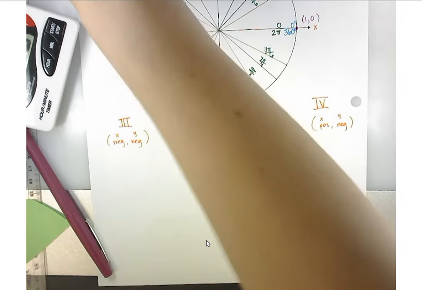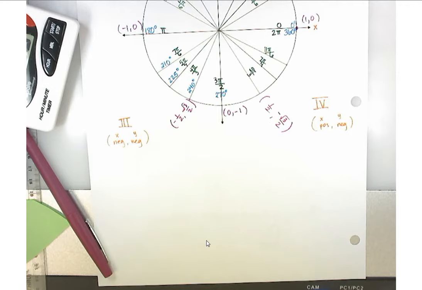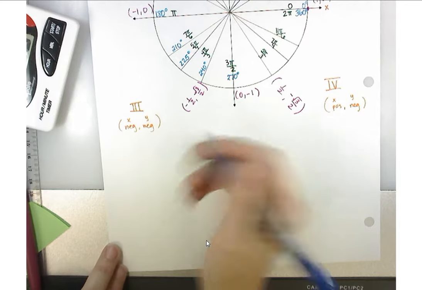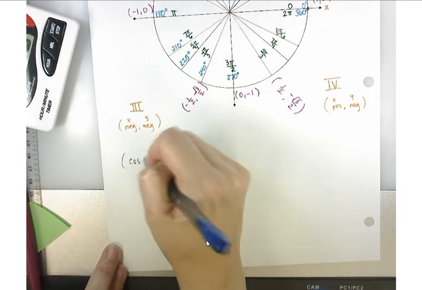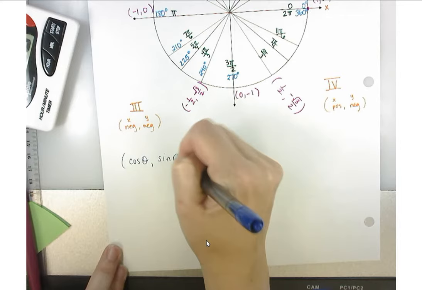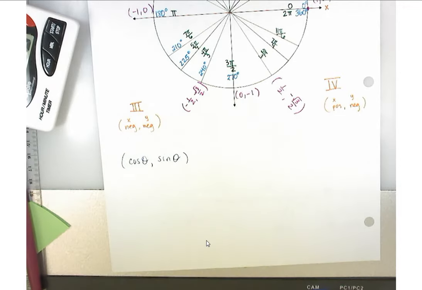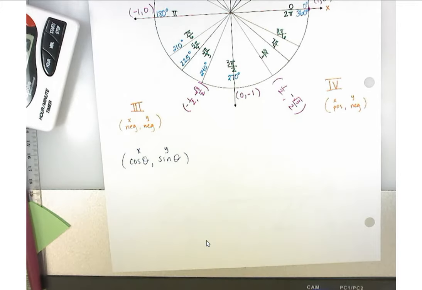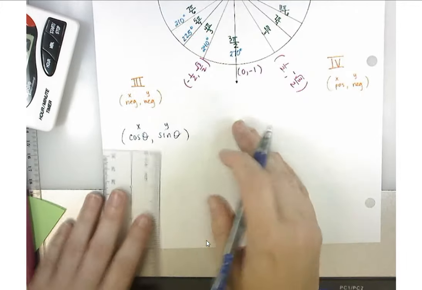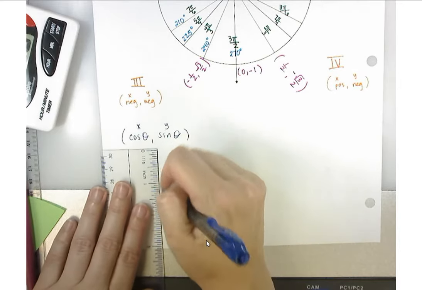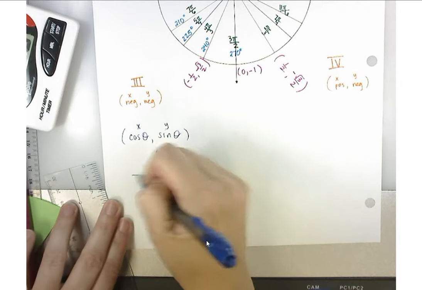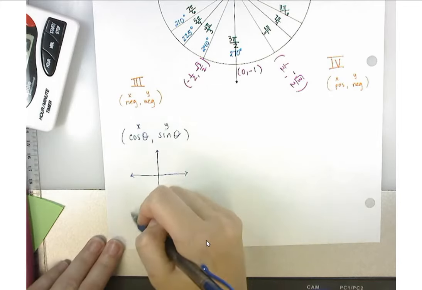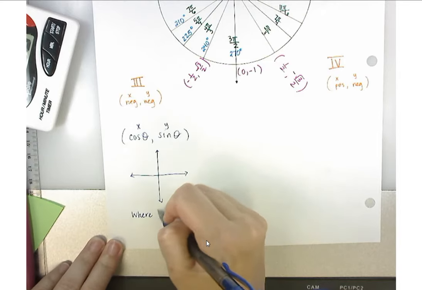I also just want to review with you how these are related to your trig functions. So every single point is actually given in terms of the cosine of theta and the sine of theta. Do we remember that? So the cosine is equivalent to your x coordinate. Your sine is equivalent to your y. And then there's a few special things that you can tell from your quadrants. Okay, and one of these special things is you can tell where the trig functions